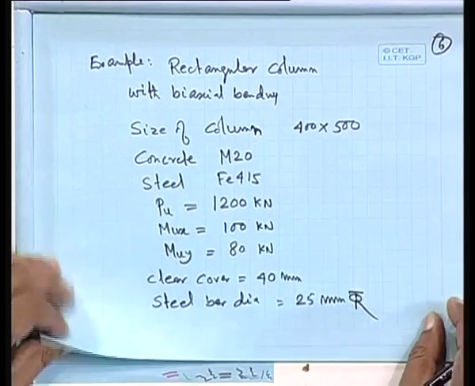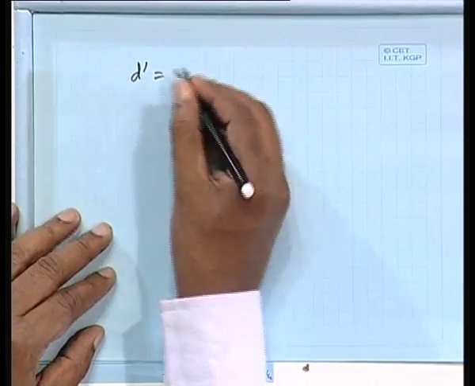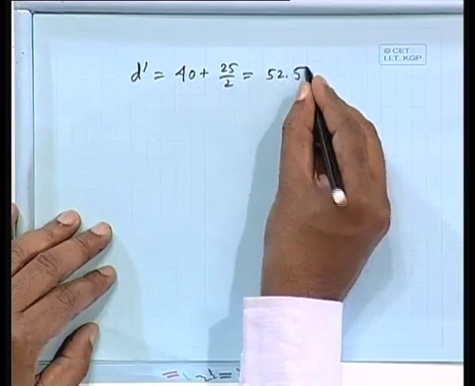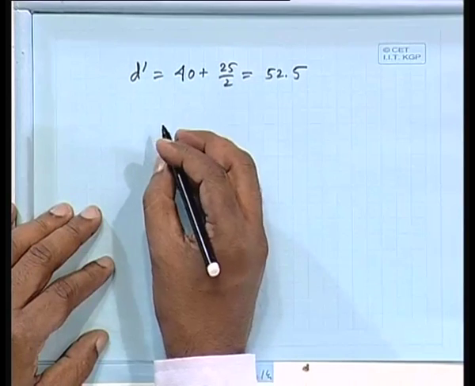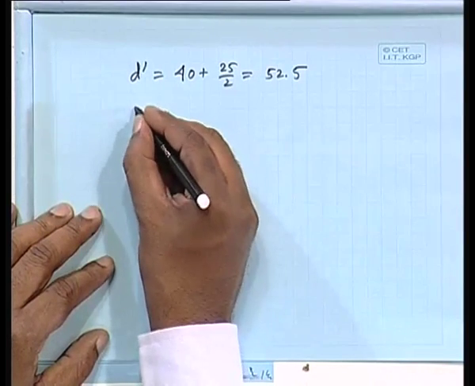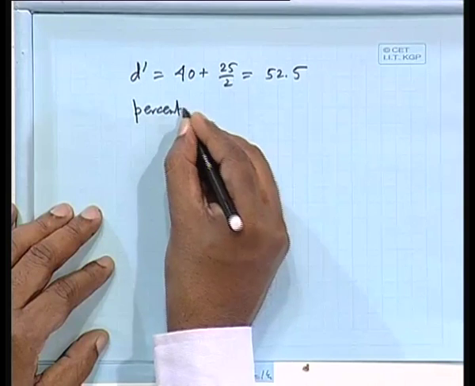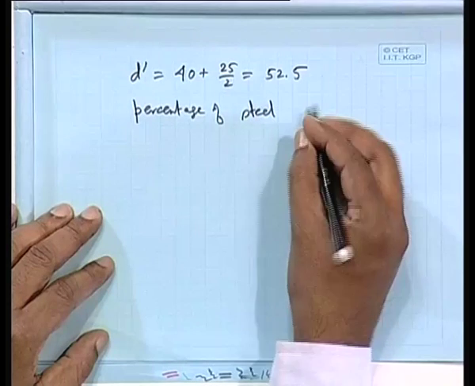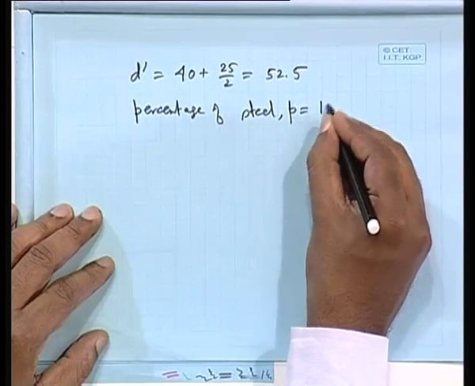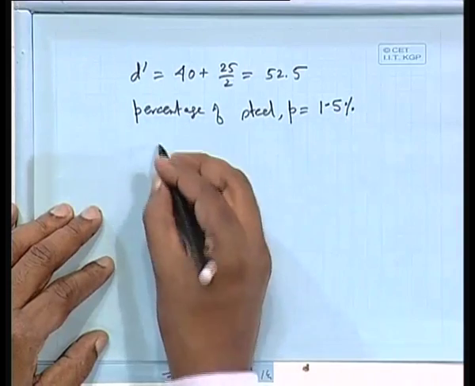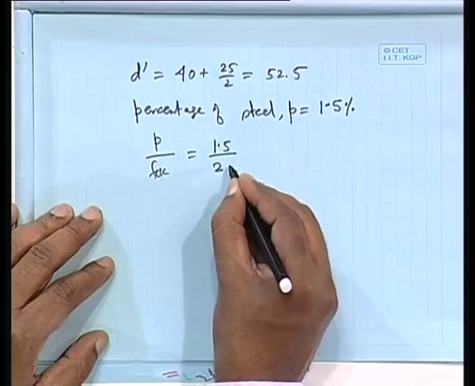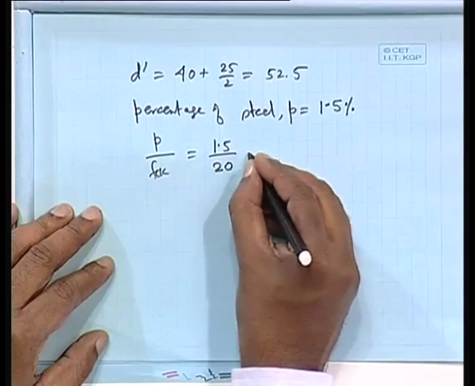So, what we can do here, d dash by d, let us compute. d dash is 40 plus 25 by 2, 52.5, and we have a percentage of steel. Let us take percentage of steel. Shall I take 1.5%? So, p by fck equal to 1.5 by 20,